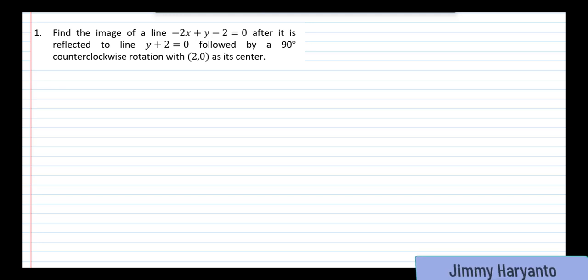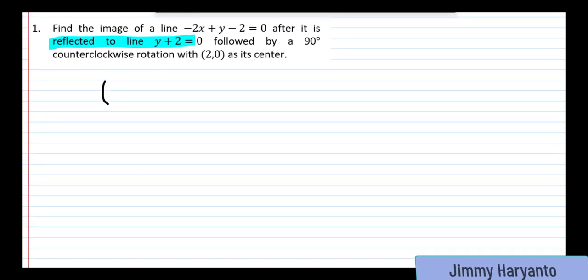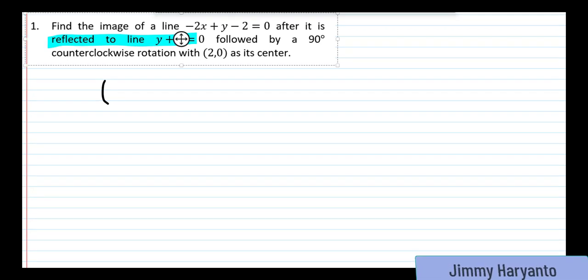That means we have to find the x and the y. Yeah, we have to transformation. The first one is reflection. But this time you cannot use composition because in the formula later you will be dealing with a negative sign, I mean the subtraction. So we cannot use the composition. For this type of questions you have to do it one by one.